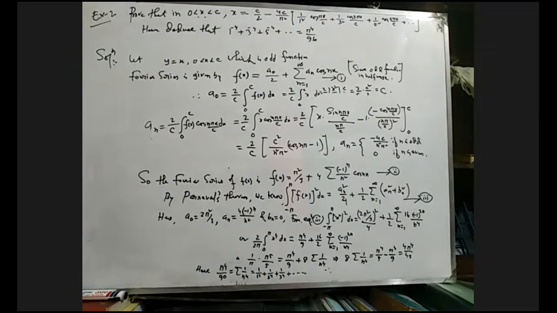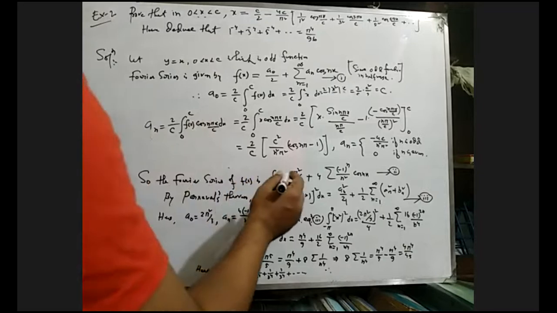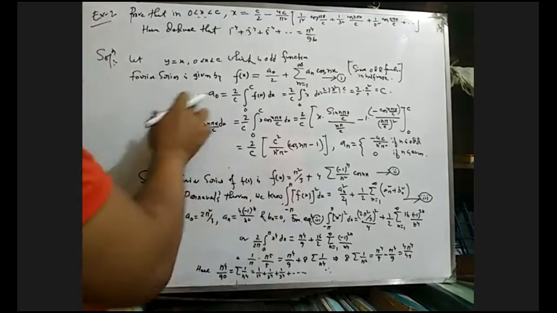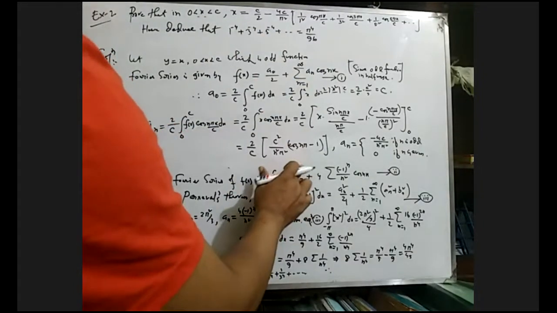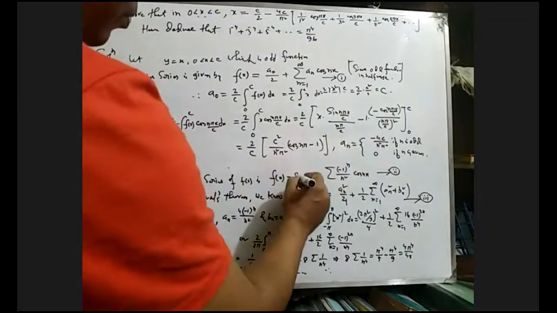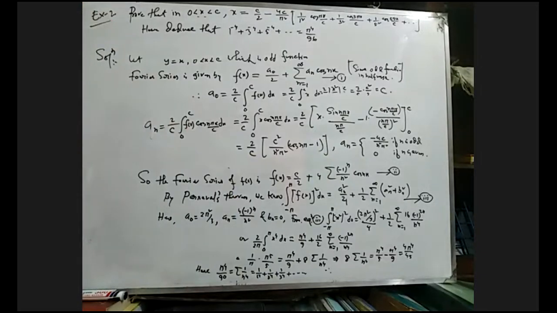So the Fourier series of f of x will be what? That means for the given function, we get, just putting the values of a naught and a n in equation 1. So we get what? A naught by 2 means c by 2. Okay. So another part will be minus 4L by pi square